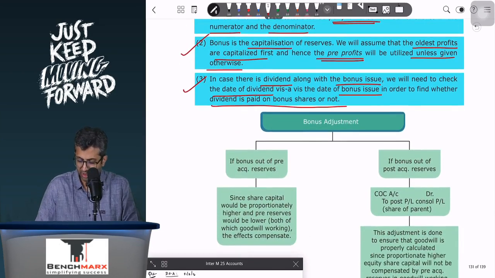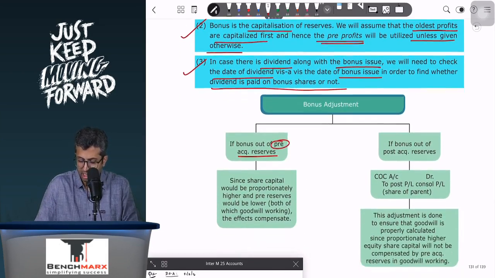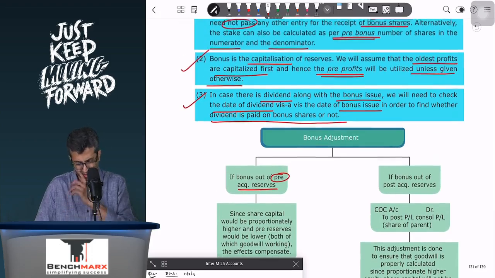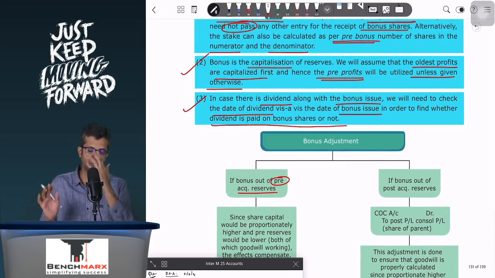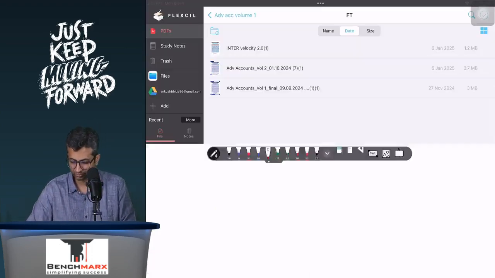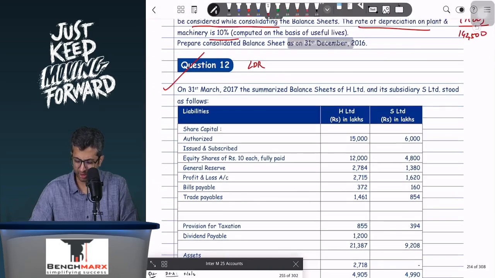The adjustment, if any, if the bonus is out of pre-acquisition reserves, since it is share capital, basically you will do the regular working and there will be no further impact, like you will see in one of the questions that we will do. So based on that, if you go to question number 12,